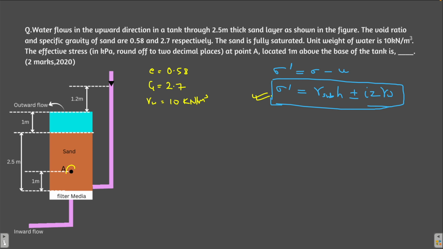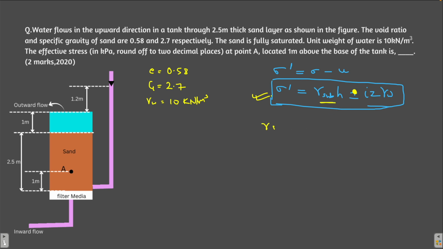Now, so basically we have to calculate the effective stress here. So the stress in this position is due to the sand above it, and this will increase the effective stress, while there is an upward flow of water, and that will decrease the effective stress, right? So we just have to find out what is minus i_z gamma W. Why minus? Because the water is flowing in the upward direction and it is decreasing the effective stress. Okay, now our next task is to find out what is gamma submerged. So how to find out gamma submerged?